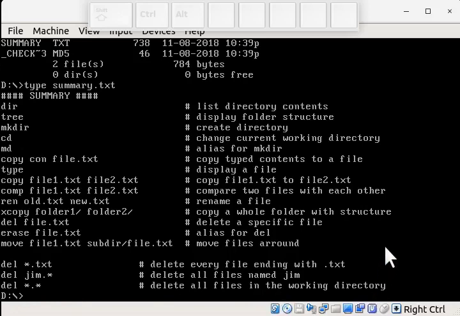So I hope I was able to give you a little introduction into these basic DOS commands, and I hope it was a little entertaining. So I would like to shut down my machine,